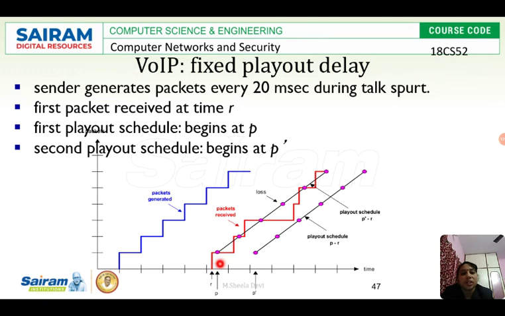But if I make it less, that is 5 minutes, 5 minutes is a less value, but immediately I get the data and I can interact better. That's why a lesser duration will always be more interactive, and more waiting time between the playout and the received time will eliminate the packet loss. So the lower value has one advantage, and if you increase the playout time, that will give you another advantage. So this is what fixed playout delay is.